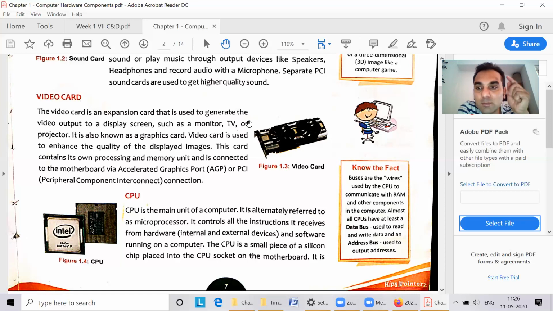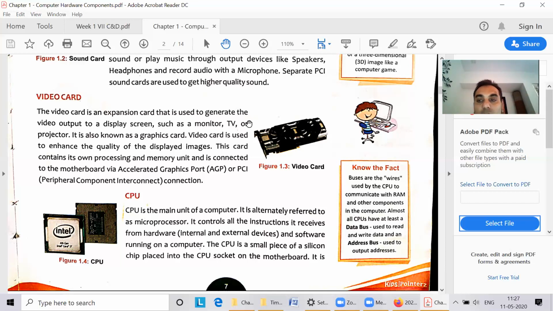So port is nothing but, in the real world, a shipping port or airport, where the exchange of goods or humans is done. That is called a port, where humans travel from one part of the country to another part of the country. So actually, they are transferring from one part to the other part. That is called a port. Similarly, in a computer, where you connect some external hardware to the computer, that is called a port.